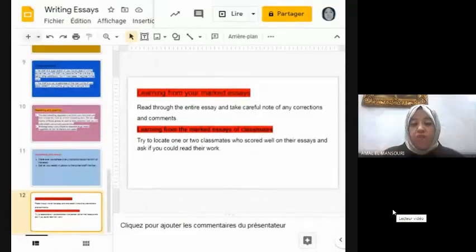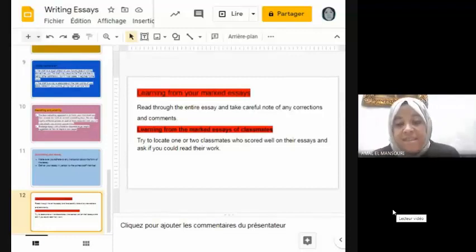Now, after the topic sentence, you have to move to supporting sentences, supporting details. They are used to develop the topic sentence. In other words, they give more information about the topic sentence. Supporting sentences can give facts, statistics, details, or examples.